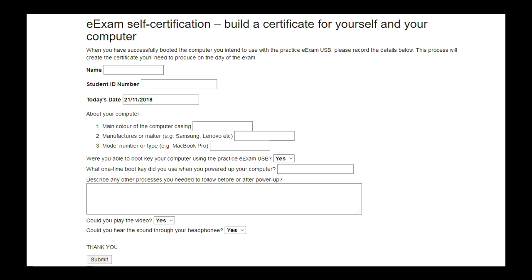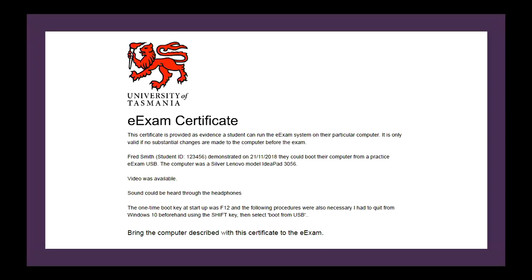So in a further development, we would build a database and we would actually capture that information. We'd say, put your USB in now, the one that you use to boot your computer up, and we would capture that information off the USB, and that would be a better way of verifying that the student has actually done it properly. You click on Submit, and as a result, you get a PDF, and this is the e-exam